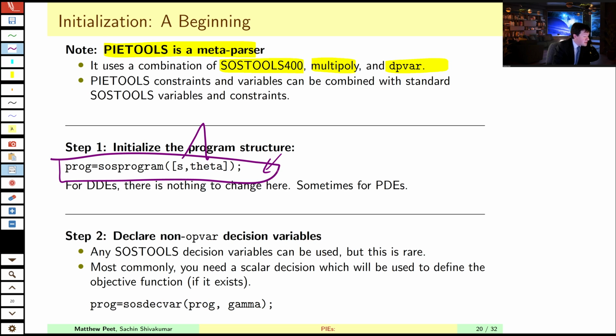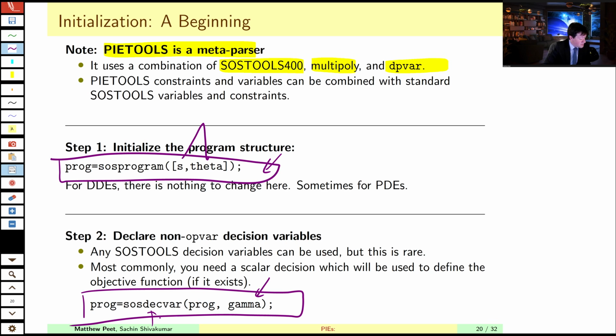Second, we want to declare, of course, decision variables. Now, because PIETOOLS is a metaparser, you can use any of the standard variable declarations inside of SOS tools. Of course, that's not going to be enough, but you can use anything you normally use in SOS tools in PIETOOLS as well. And in particular, remember, we want gamma to be a decision variable, and gamma is not a pi operator. So it's a scalar,